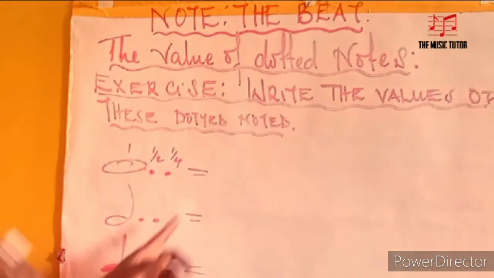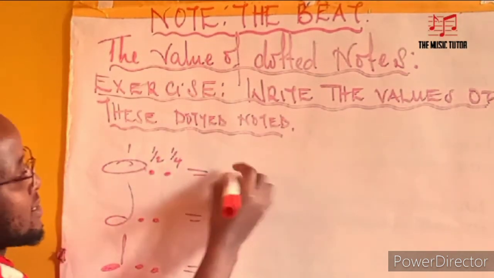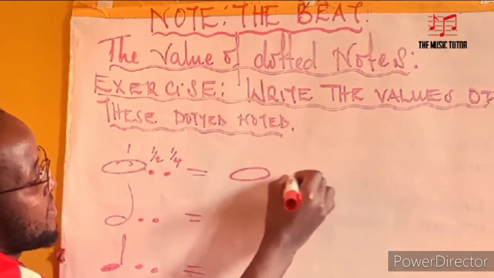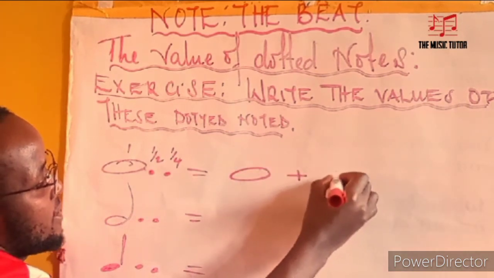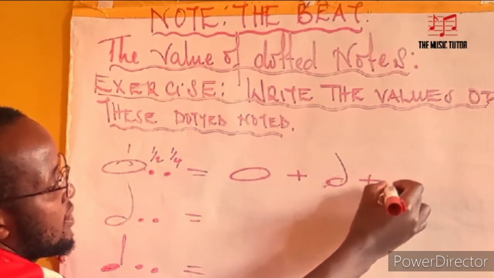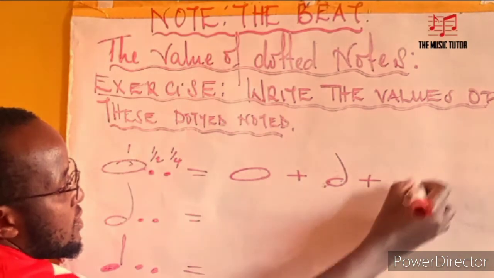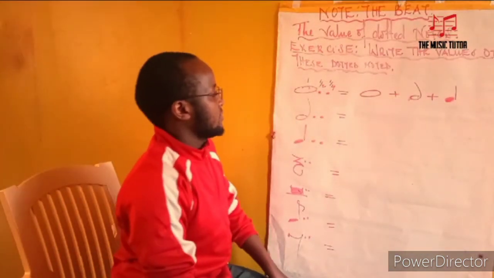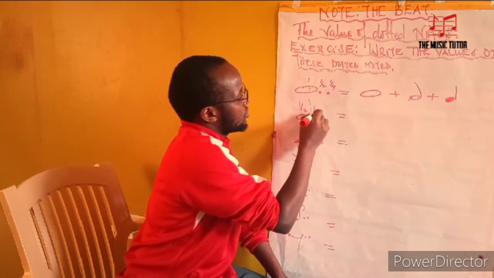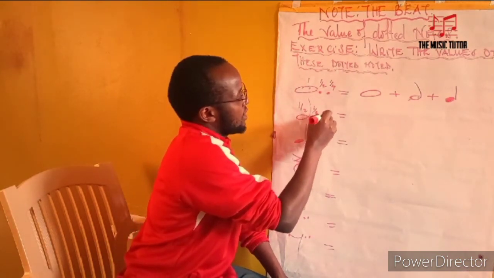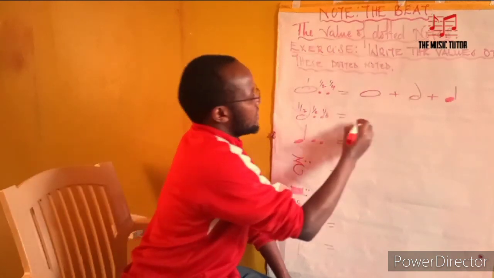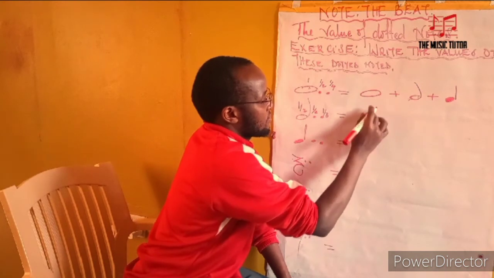Let us see. In this exercise, you write, this will be a semibreve, this will be a minim, and this will be a crochet. This is a minim double dotted, meaning this is half a note, this should be a quarter note, this one should be an eighth of a note, being a minim